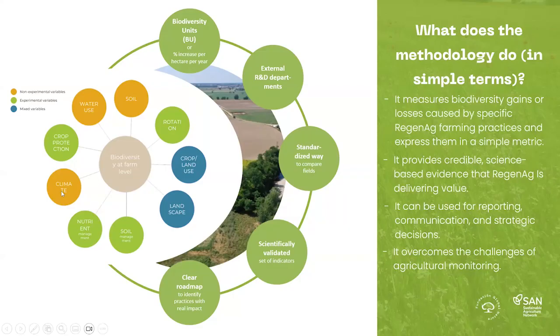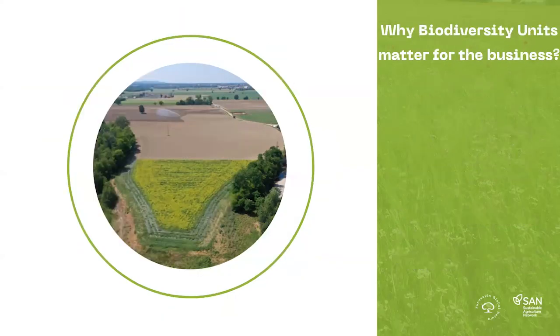Also, another constraint, the climate. In the circumstances that we work in agriculture, sometimes we have semi-arid conditions or arid conditions. If in year 1 we measure and it's been a rainy year, and in year 5 we measure again and it's been a dry year, then we are going to lose biodiversity, but not because regenerative agriculture doesn't work, but just because in the first year it rained a lot, and in the 5th year it didn't rain that much. So those are the types of challenges that we can only find in agrarian ecosystems that this approach that we share overcomes.